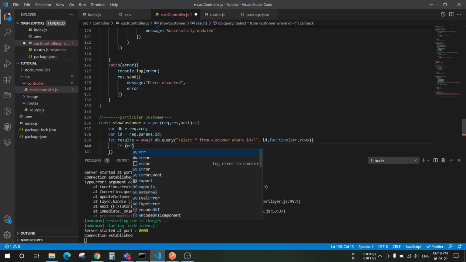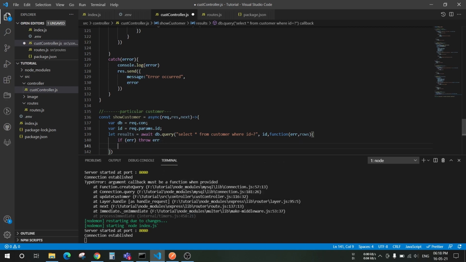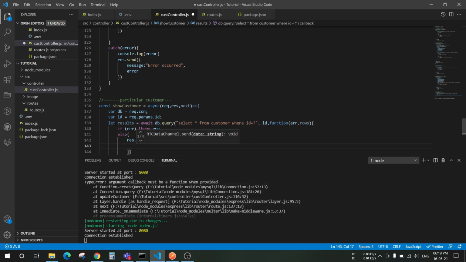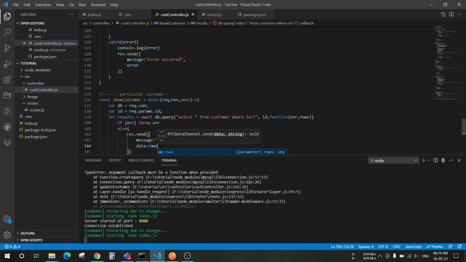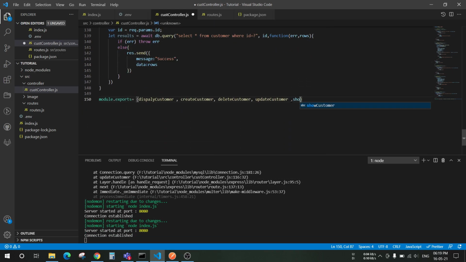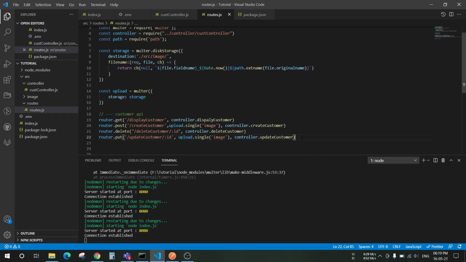If error, throw error, else we'll get a success message along with the customer details. Message success, data will get rows. Save it, then again export this method here, show customer, go to routes, define your router